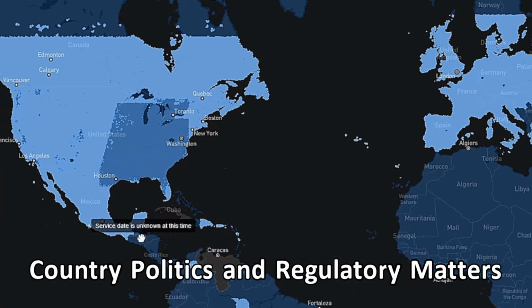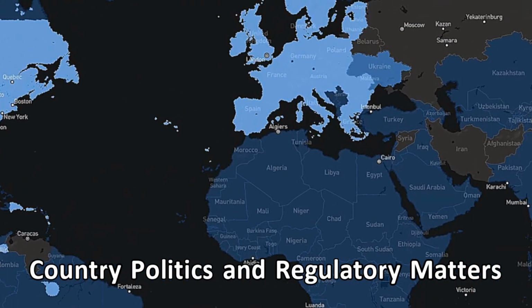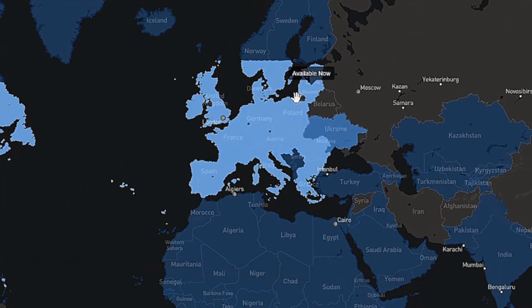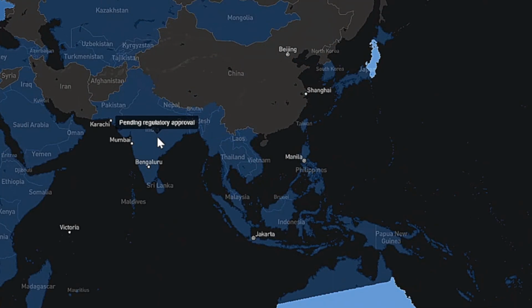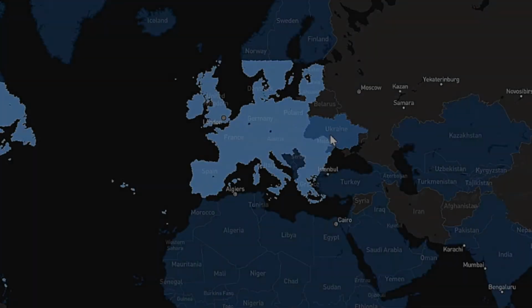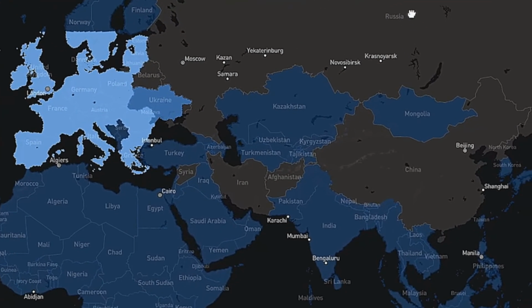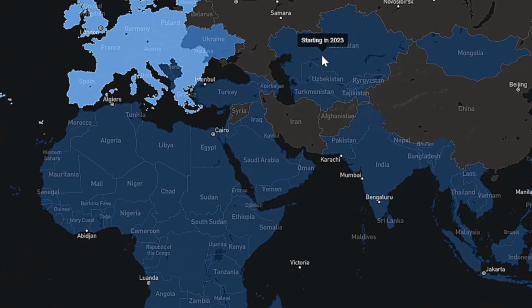Speaking of other countries, right now Starlink is available to almost all of Western Europe, and pending regulatory approval in the near future will be available to India, who has a population of 1.6 billion people. It is fair to conclude that Russia and China, as long as they remain in opposition to Western democracy, will not use American-made technology like satellite internet. But who knows, maybe several decades from now the political landscape will shift and these countries will not mind having access to the internet. It is more likely, however, they will attempt to replicate Starlink's capabilities and launch their own